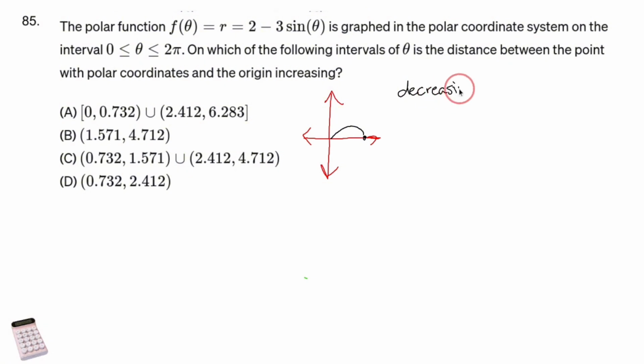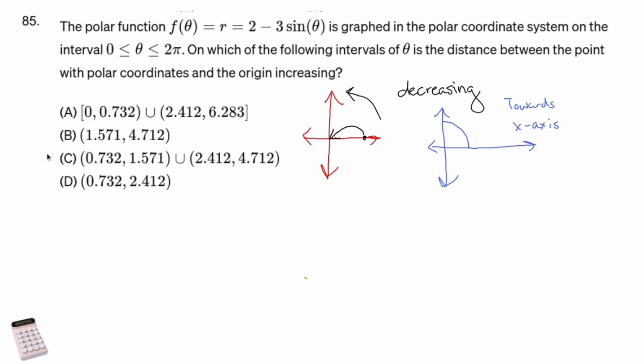Now, what that looks like, as you move counterclockwise, this curls in, you're decreasing. What this looks like on the rectangular system is you start up here and you work your way down, as you move towards the x-axis,